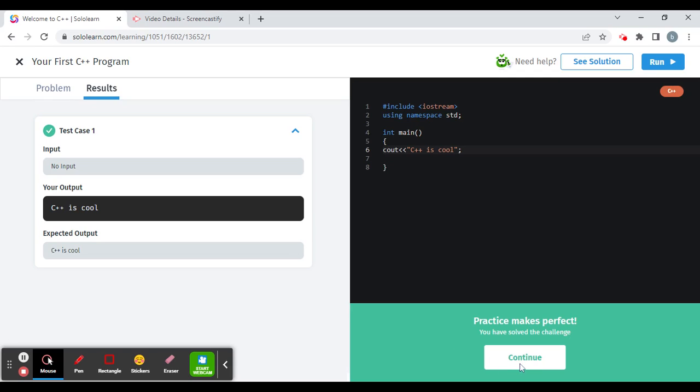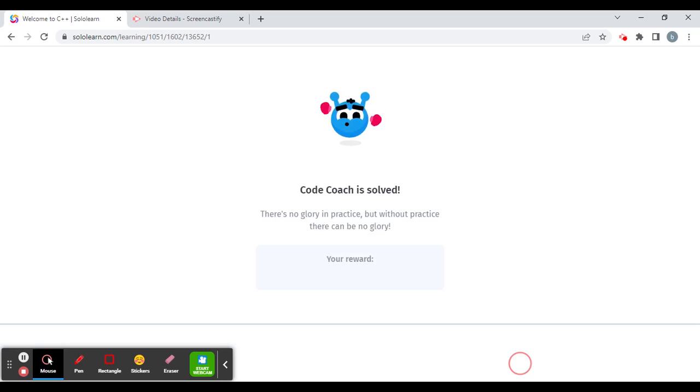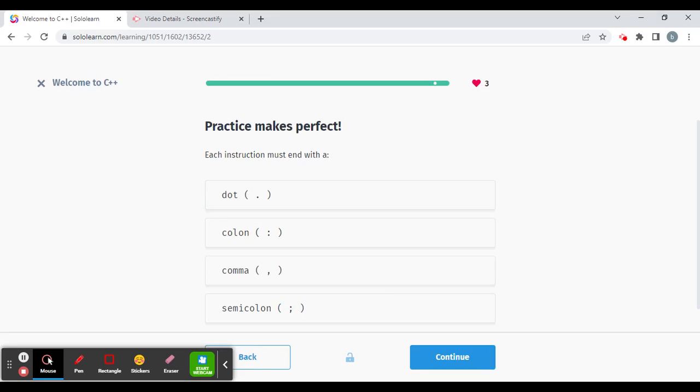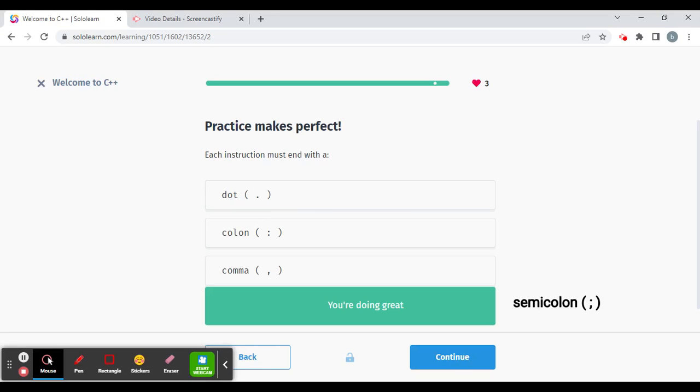All right, so let's hit continue. Now, each instruction must end with, and by instruction, they also mean the commands or statements there.